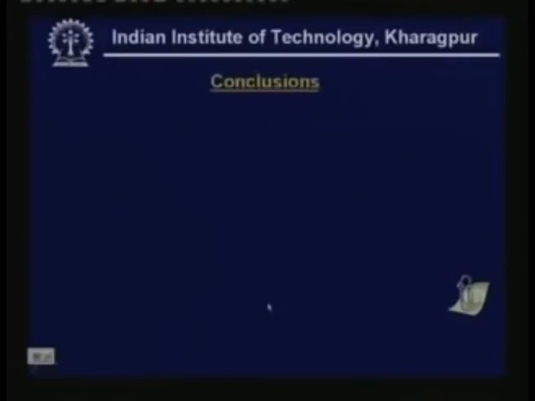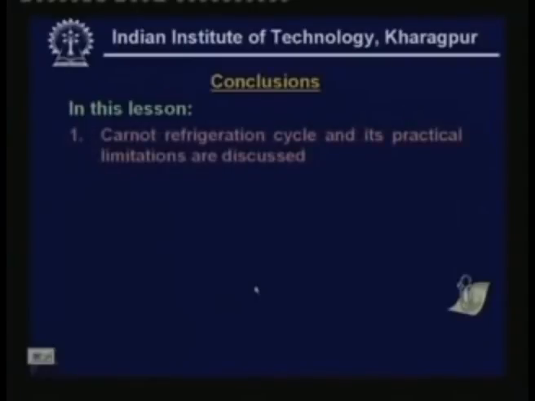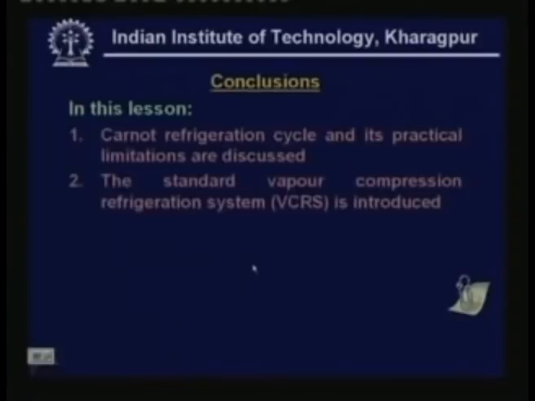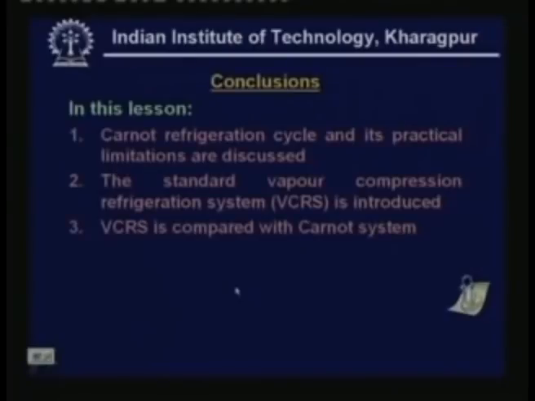Okay, so let me conclude this lesson. What is it that we have learned in this lecture? In this lesson, the Carnot refrigerant cycle and its practical limitations are discussed. The standard vapor compression refrigerant system is introduced and its working principle is explained, and we have compared the vapor compression refrigerant system with the Carnot system, and we have seen what the deviations are and what the consequences of